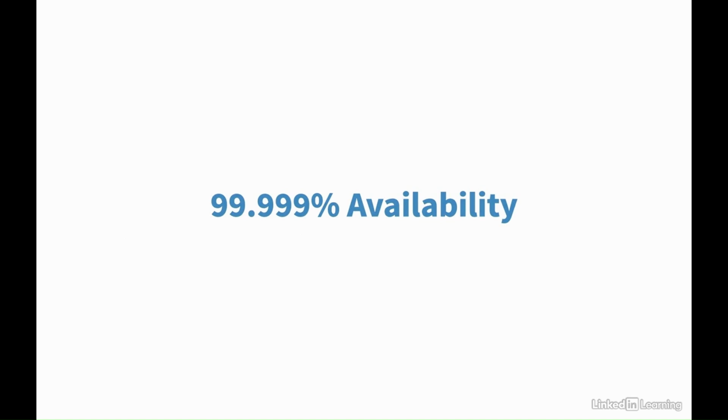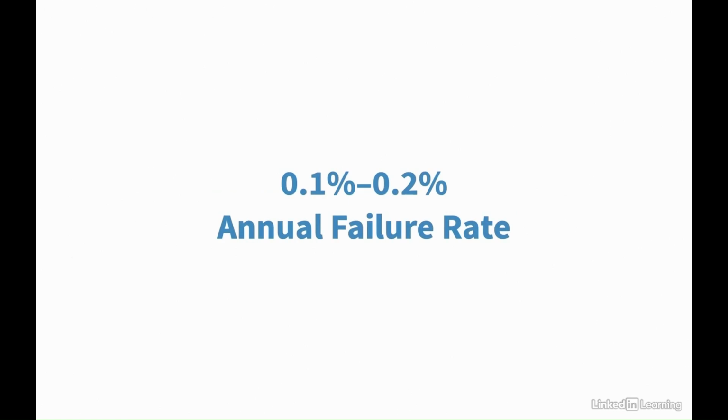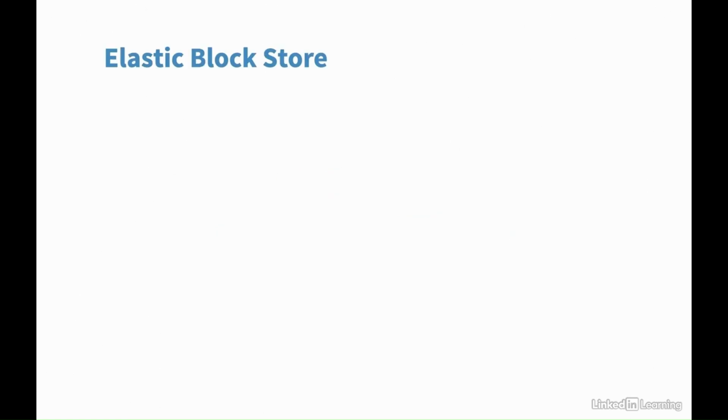But we know that availability is not the same as durability, and disks are volatile. AWS advertises that EBS has an annual failure rate of between 0.1 and 0.2%, making EBS 20 times more reliable than the typical off-the-shelf disk, which carries a failure rate of about 4%. Of course, AWS gives you the tools to make sure that even those